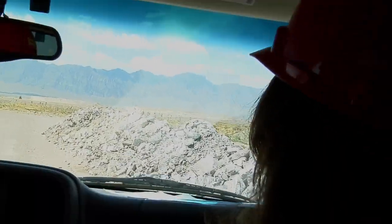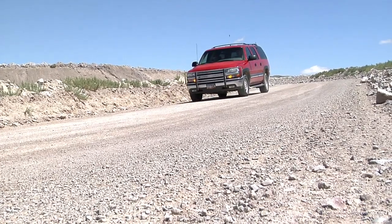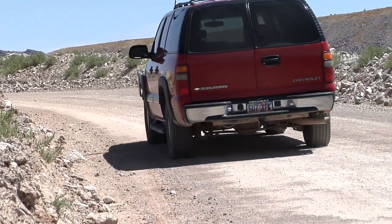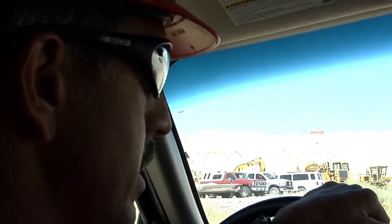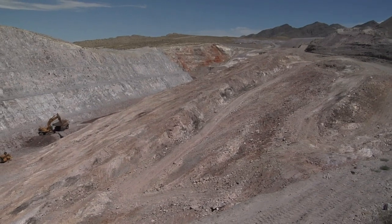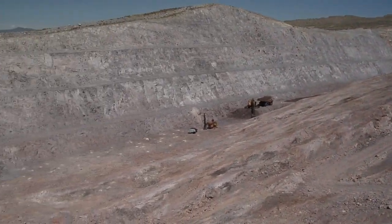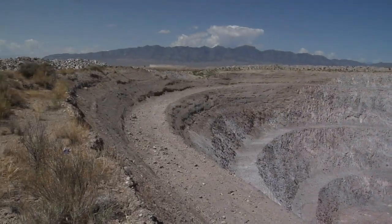Hey, so Rob, where are we going? We're headed to our current active open pit beryllium mine. This mine is the only mine like this in the entire world. So these are the only beryllium miners that you'll find. We are currently standing on the edge of our active pit where the hard rock is being excavated that covers